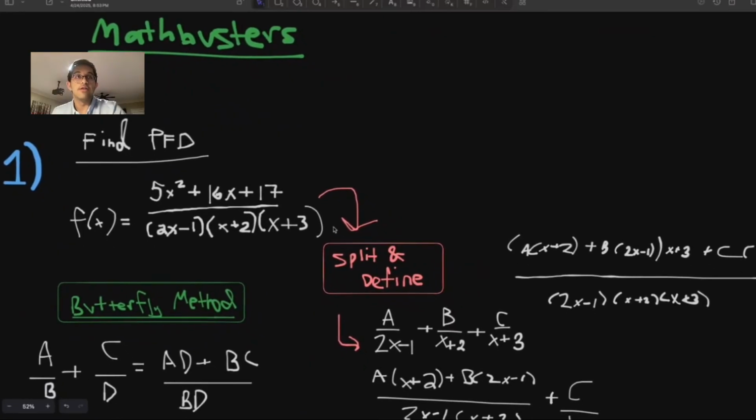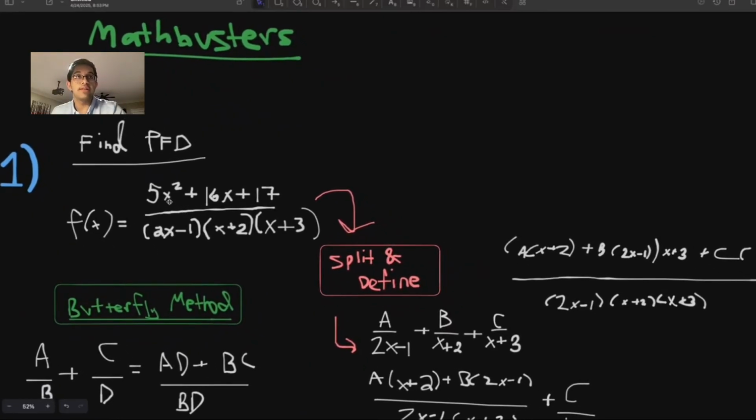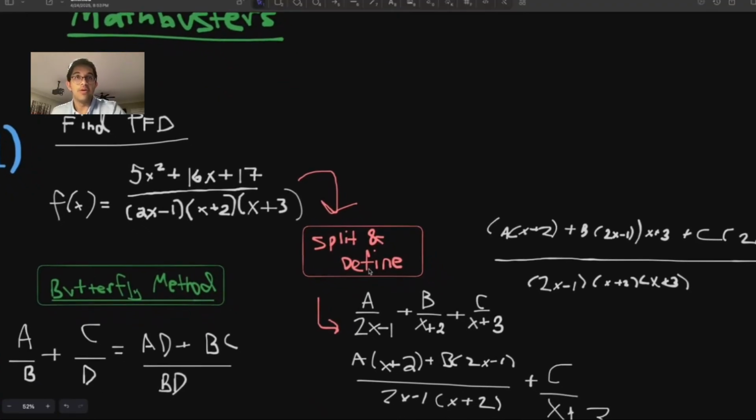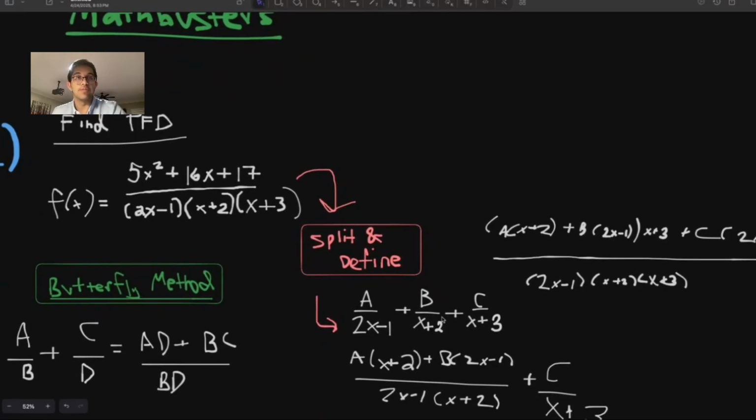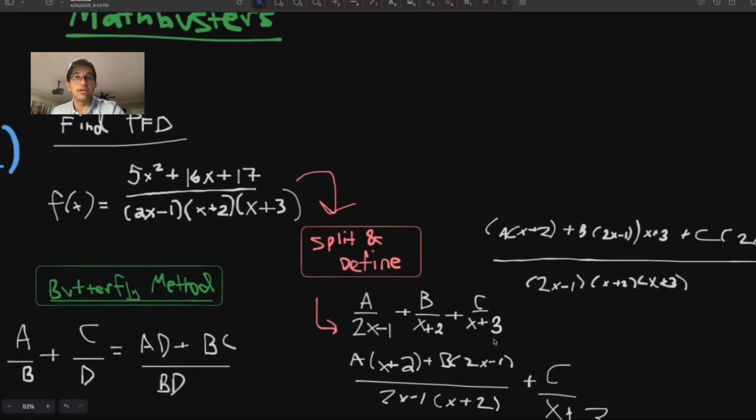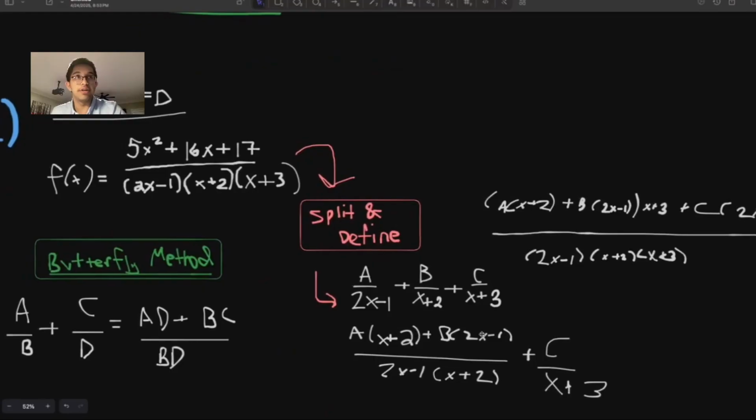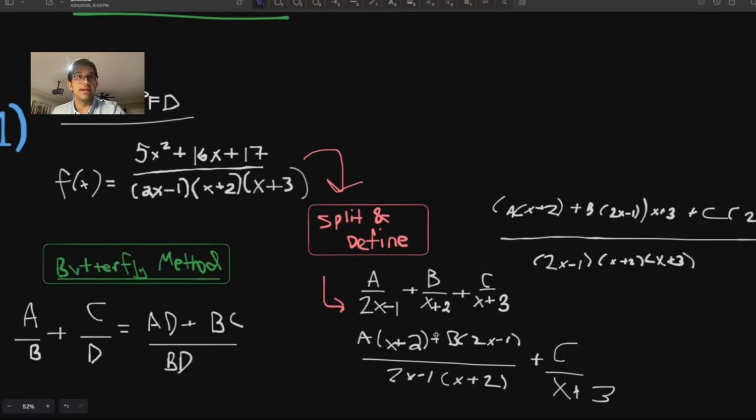and define it. So what we're going to do is ignore this 5x squared plus 16x plus 17 for now. And you see how there's three terms in the bottom here. We're going to do an A, a B, and a C. We're going to put A over the first term, plus B over the second term, and plus C over the third term. And we're going to do something called the butterfly method, which is